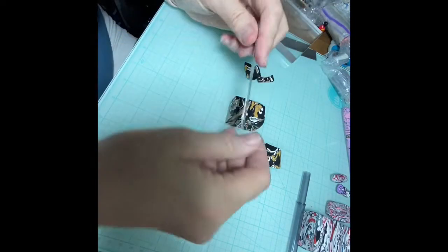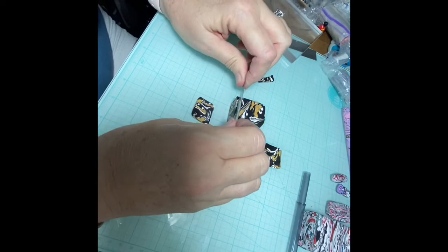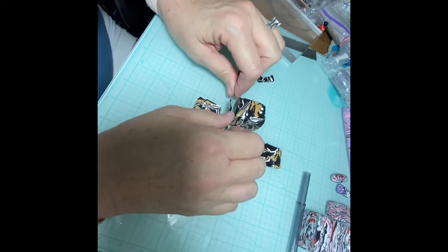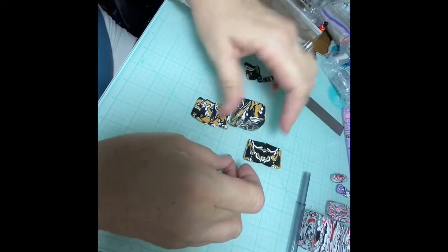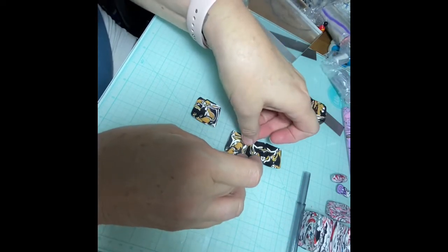Whoa, and I broke a piece off. Good job. Okay, back to work. We're gonna need a few more. These pens are just a little bit thicker than the other pens that I do, so they take a little bit more clay. But here we go. Next, we're gonna use this one,